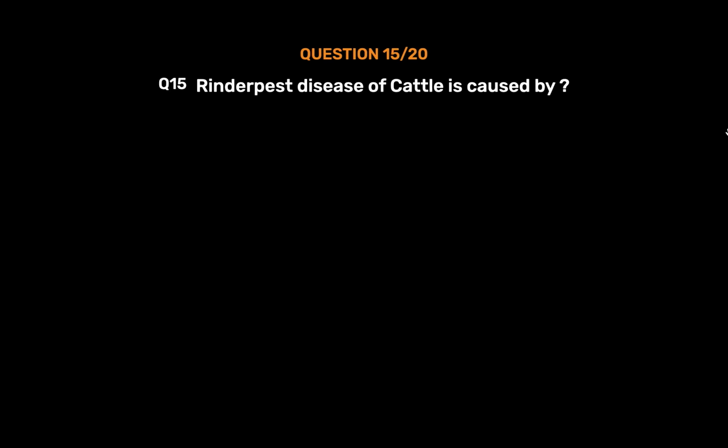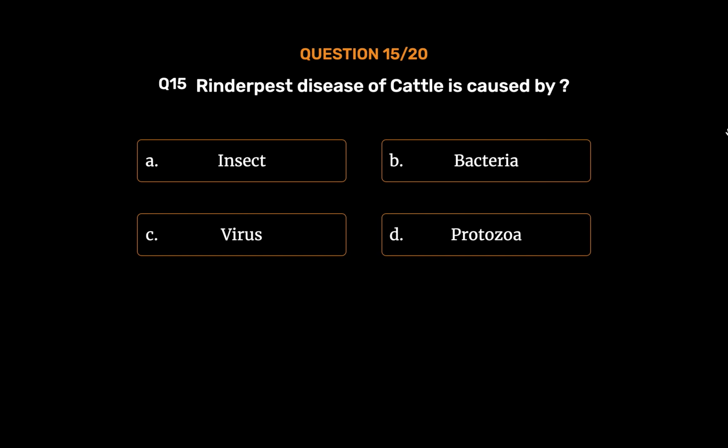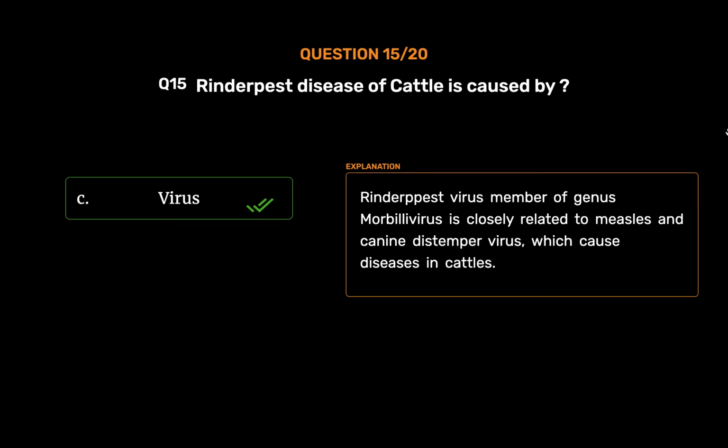Question number 15. Rinderpest disease of cattle is caused by option A. Insect. Option B. Bacteria. Option C. Virus. Option D. Protozoa. The correct answer is option C. Virus. Rinderpest virus, a member of genus Morbillivirus, is closely related to measles and canine distemper virus, which cause diseases in